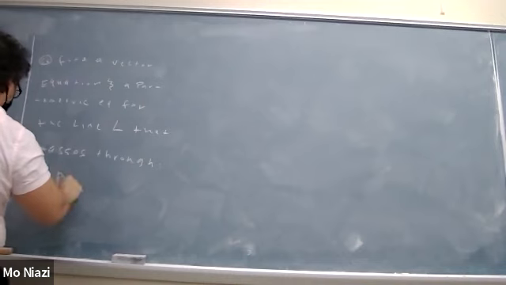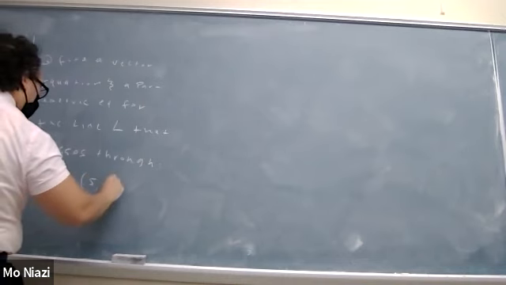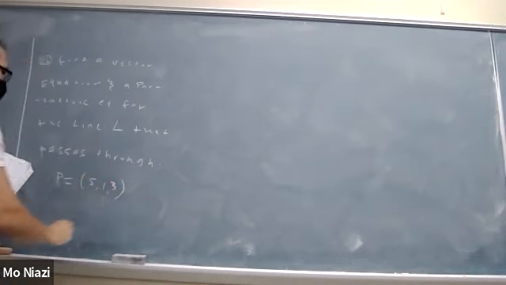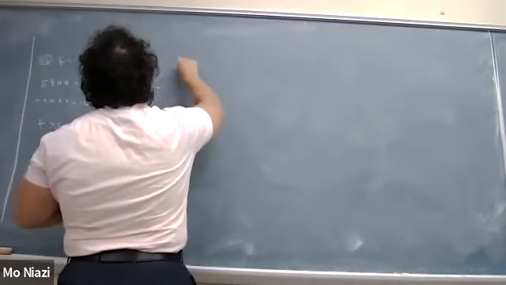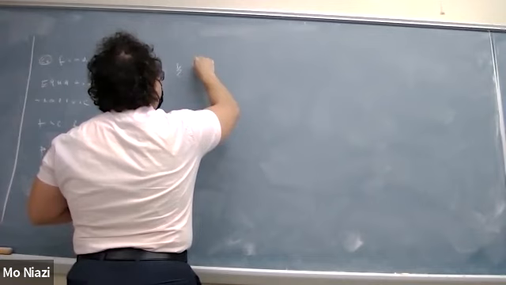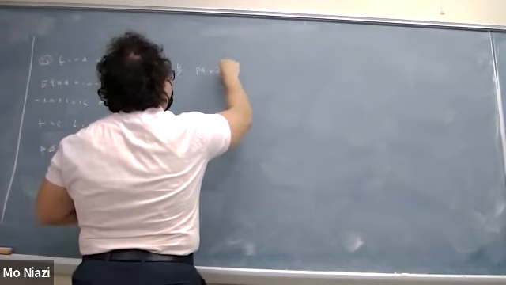Let's call it P. It's equal to (5, 1, 3). Okay? And there's an added piece of information: it must be parallel